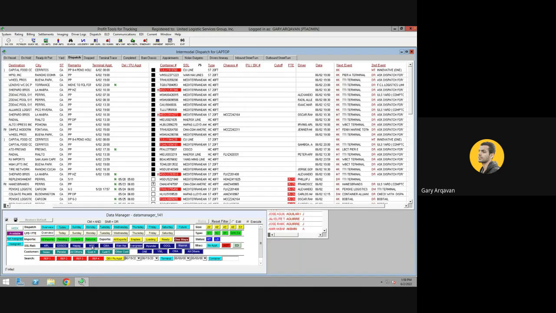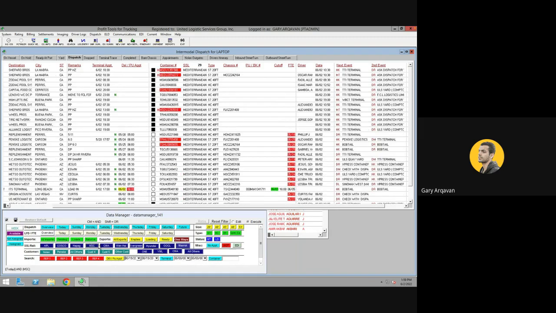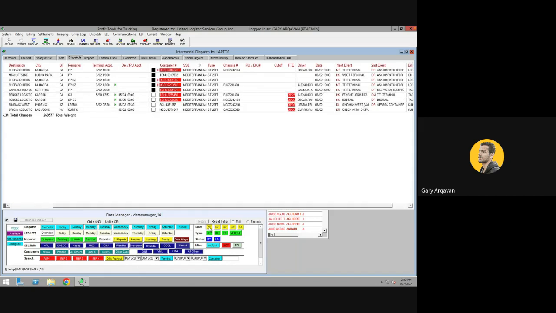You push, for example, MSC, and then you want to see all the MSC containers that are being moved today, but you only want to see the 20-foot ones. So while still holding the control key, you also push 20,